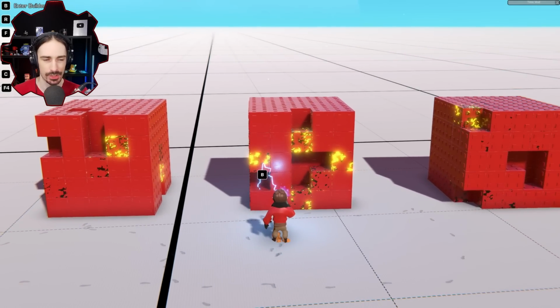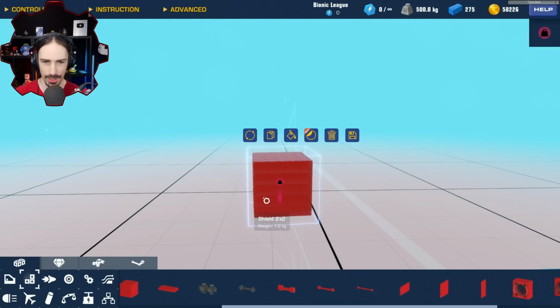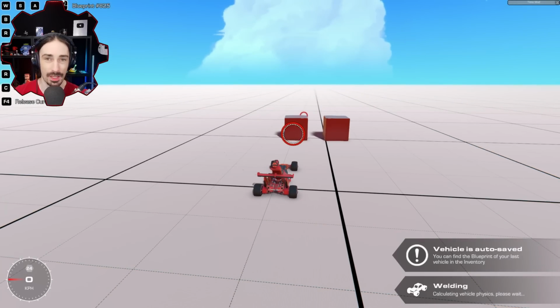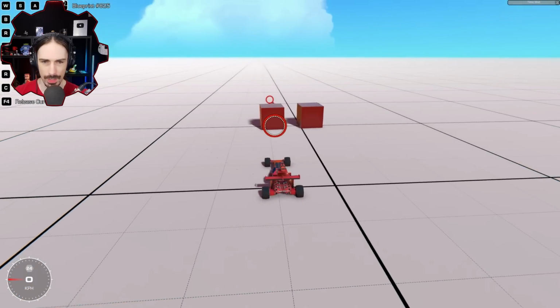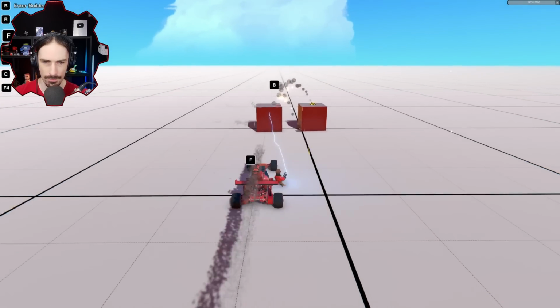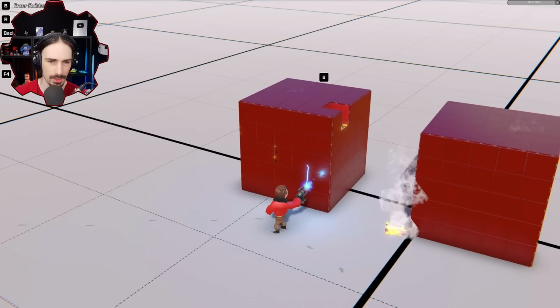Let me add shields to these things. All right, now every single surface is covered in a shield. All right, so 5 blocks was pretty consistent last time. Let's see what happens now. Okay, so this makes things more complicated because